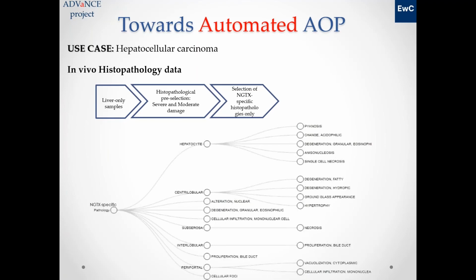And there, what we saw is that we have a lot of degeneration, alteration, proliferation. It was interesting to see, but of course now the question was how we can combine all this